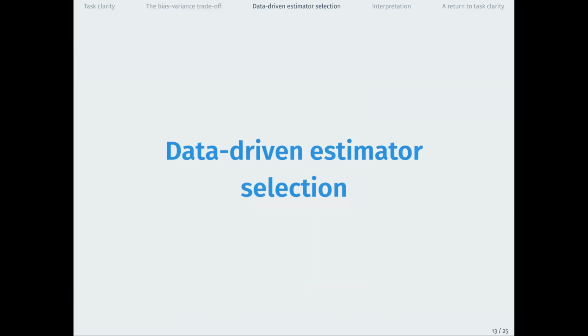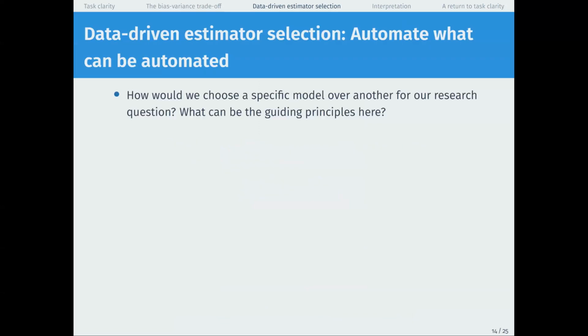The next thing I want to talk about is data-driven estimator selection. This is an idea that's really much more a machine learning idea than a statistics idea, though I think actually both sides have some similar ways of thinking about this problem as well. So the question here is, suppose you have many different possible models or machine learning algorithms that we could apply to a research question. Then how do you choose which one to apply? And this may seem like a really relevant question today because as statistics and machine learning really grows, the number of estimators available to you just gets bigger and bigger all the time. So we have so many things to choose from. How do we choose which one to use?